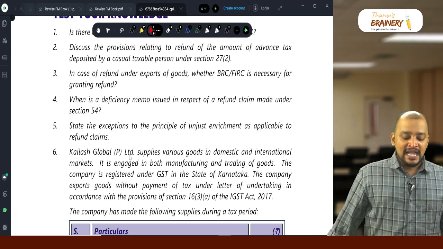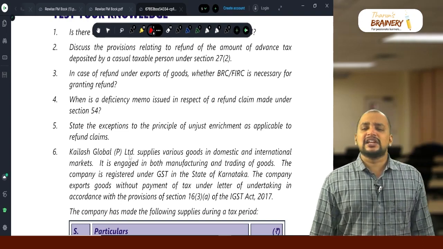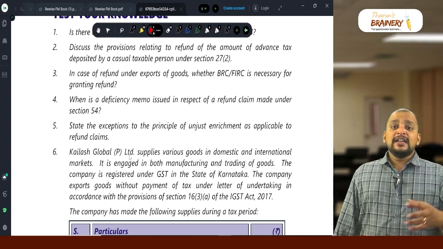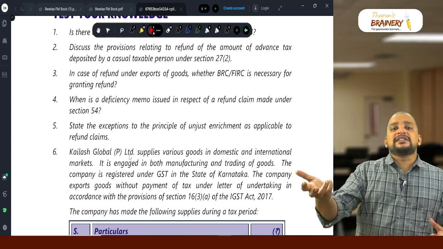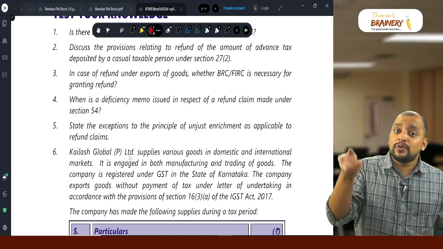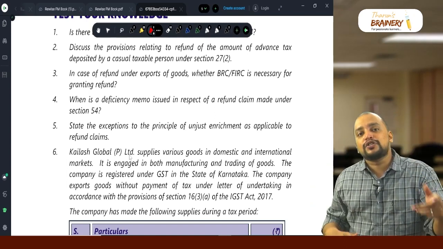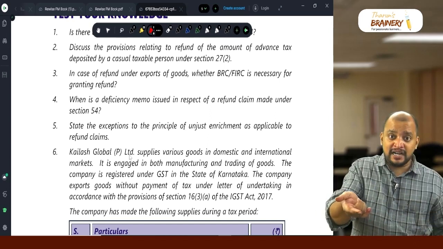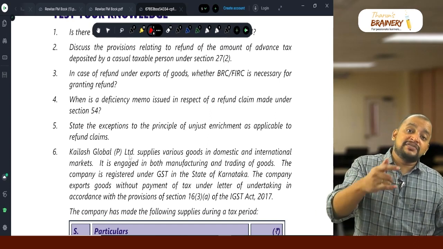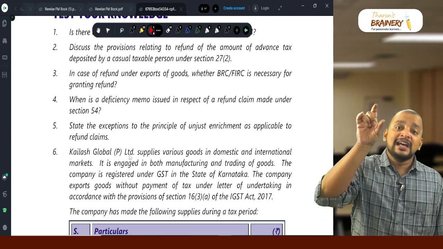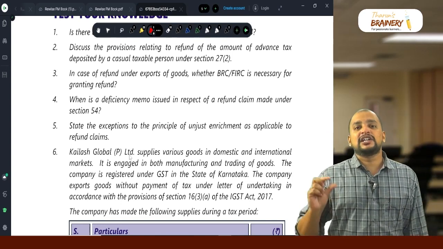Remittance Certificate, is necessary for granting the refund? No, not necessary. Why is it not necessary? First of all, in case of export of services, we can go for refund only after realization of the forex proceeds. But in case of export of goods, we can go for refund, but we need to ensure that we are realizing the forex within the time prescribed under FEMA, which is 9 months from the date of let export